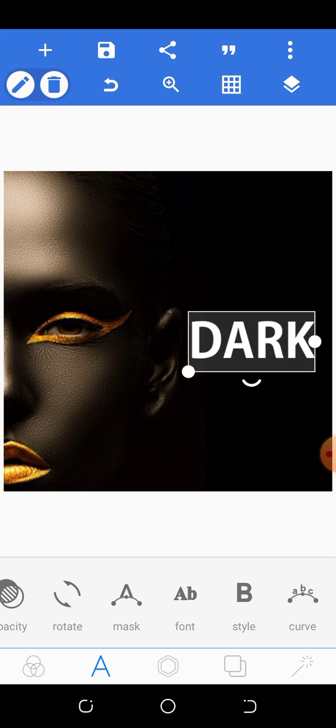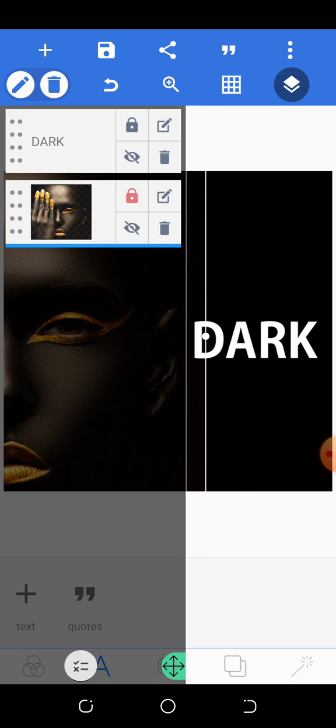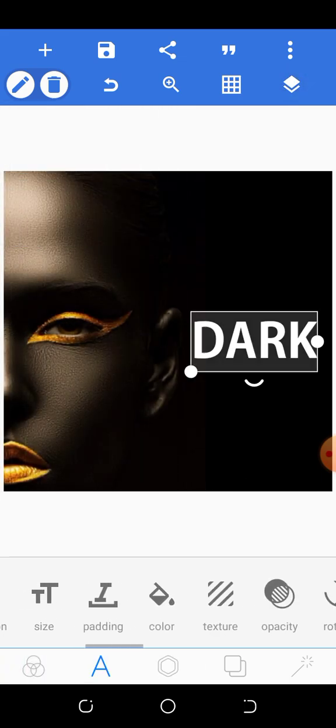Okay, now from here, it will be needless for me to put a shadow, because most shadows don't reflect well on a black background. So I will not put any shadow. What I will do here now is